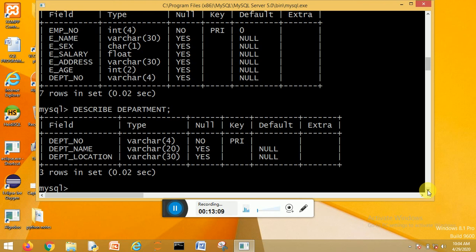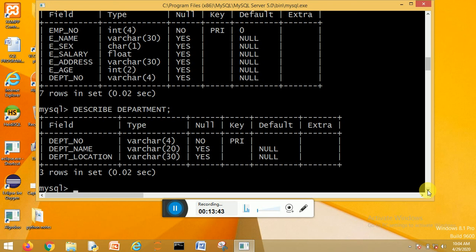I am just going to repeat my statement, student. This dept number, which is a primary key in the department table, will act as a foreign key in the employee table. That means in the employee table, I have to make department number a foreign key, because I already told you what a foreign key is.